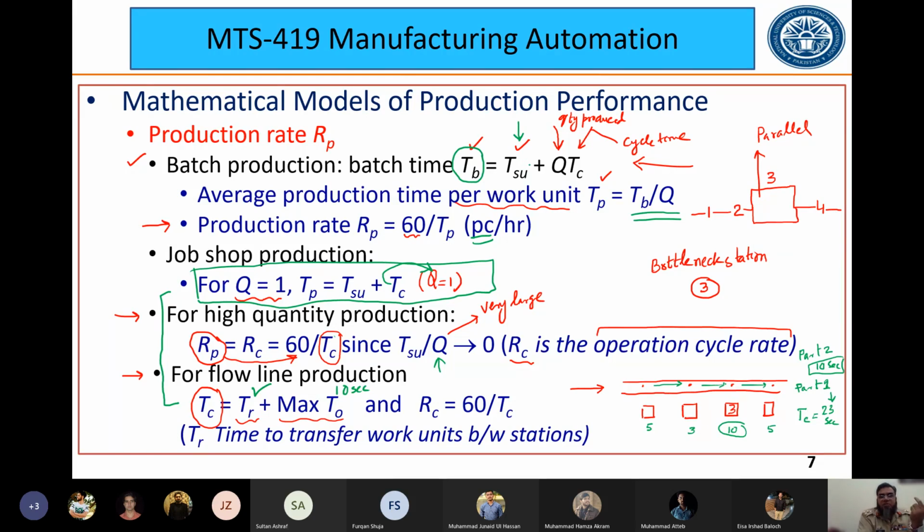तो जब मैं RP निकालना चाहता हूं तो RP इज एक्चुअली TB ओवर Q। सो अगर मैं इसमें TP को निकालना चाहता हूं विच इज TB ओवर Q, इस वाले फॉर्मूला को मैं देखूं, तो इसका मतलब ये हुआ कि इस टाइम में जब मैं इसके ऊपर RP को लेके आऊंगा तो इसका जो प्रोडक्शन टाइम होगा फॉर वन बैच कह लो या एक फ्लो लाइन चल रही है, सो दैट वुड बी डिवाइडेड बाय Q, और Q सिंस वेरी वेरी लार्ज है, Q इज वेरी वेरी लार्ज, सो ये जो TSU की टर्म है ये जीरो हो जाएगी, TSU बाई Q।